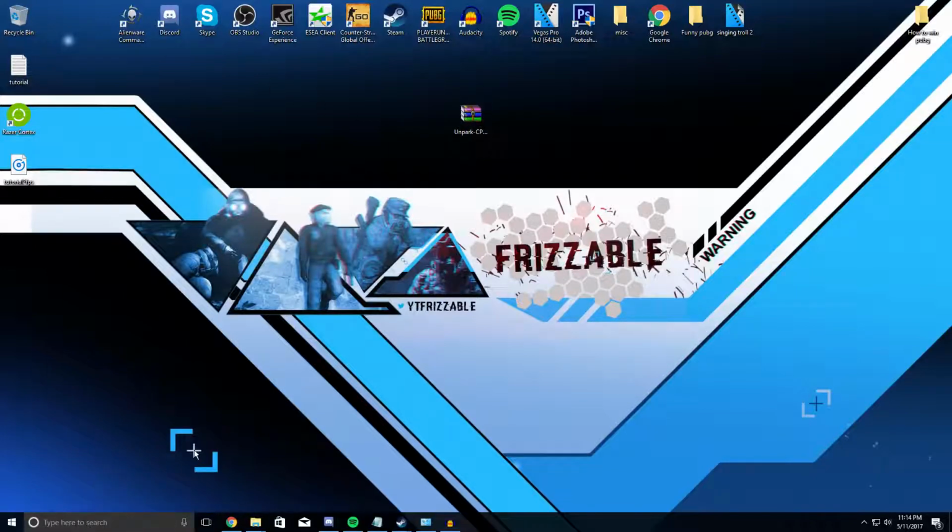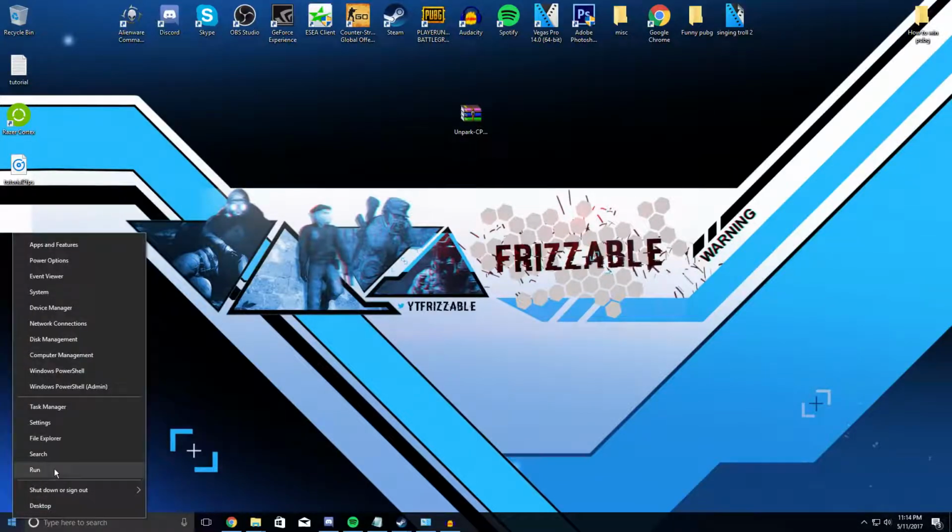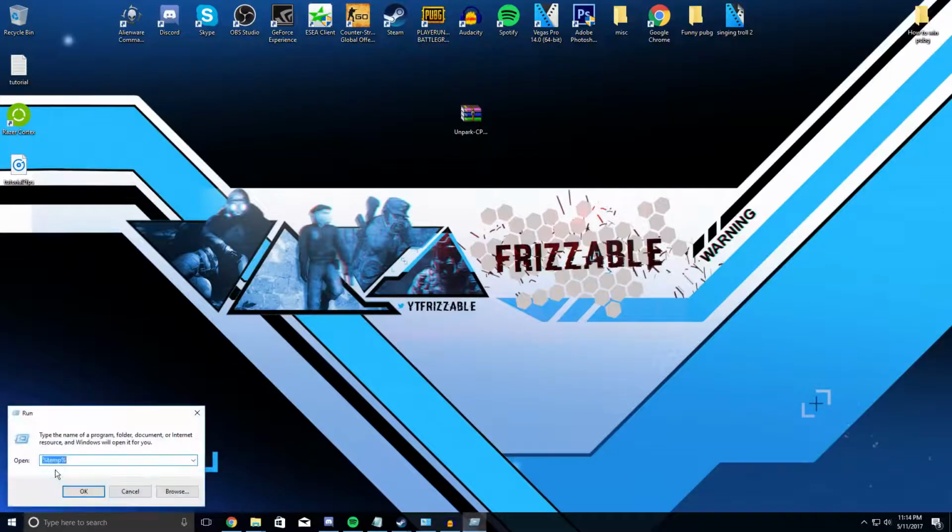And alrighty, guys, so I actually forgot about one thing. I had it in my notes, but I just looked over it. So basically what you want to do is come down here and hit run, and what we're going to do is delete the temp files, which are temporary files that your computer uses to basically render or load things faster. And a lot of the times when you go into something and it puts a temp file on your computer, you're never actually going to go back to that, and deleting these can actually help you increase your FPS